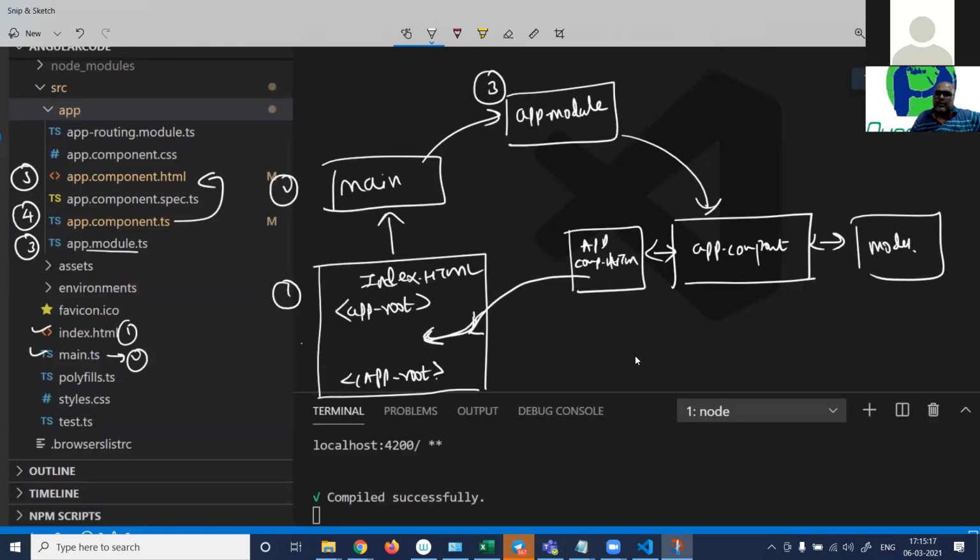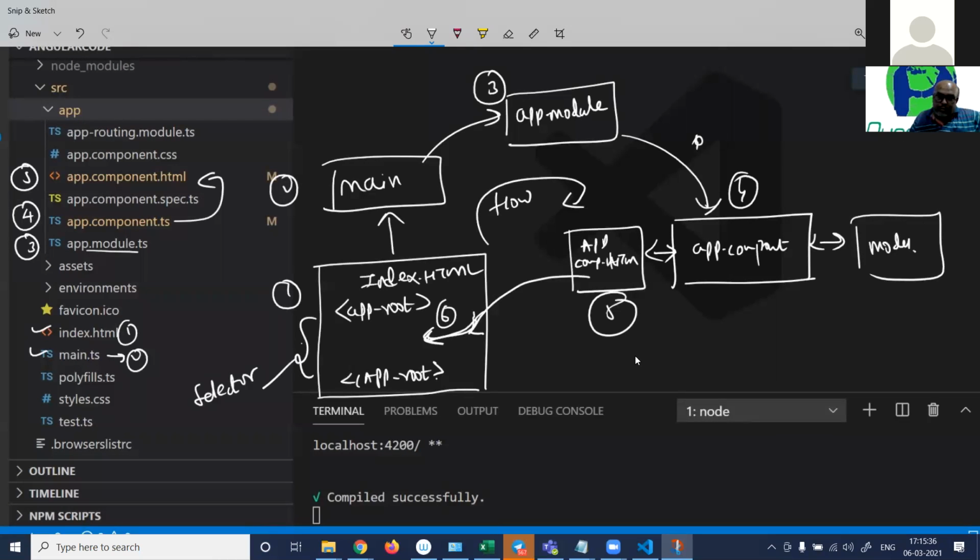It loads inside this. This is termed as a selector. So this is how the flow of Angular is, the initial loading of Angular, right? So the end user in his browser types 4200, this hits this index.html, and then the flow happens, right? Any question on this flow out here?